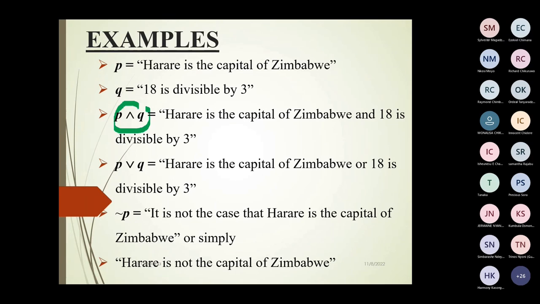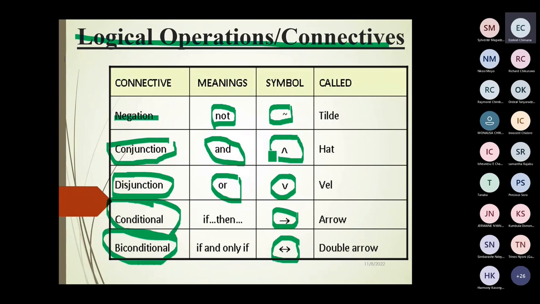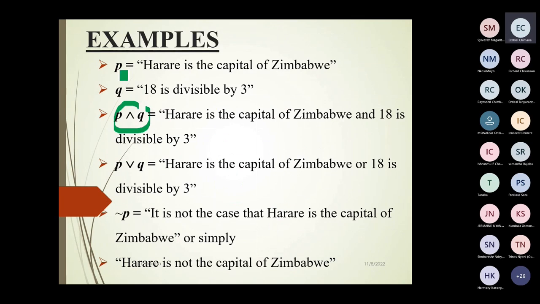You are using the AND operator. You are saying P and Q, which means your statement in English should be: Harare is the capital of Zimbabwe and 18 is divisible by 3. So you might be asked to transform this statement